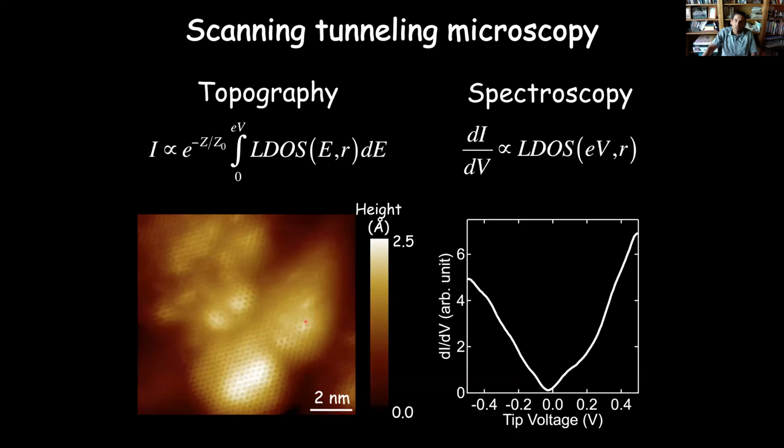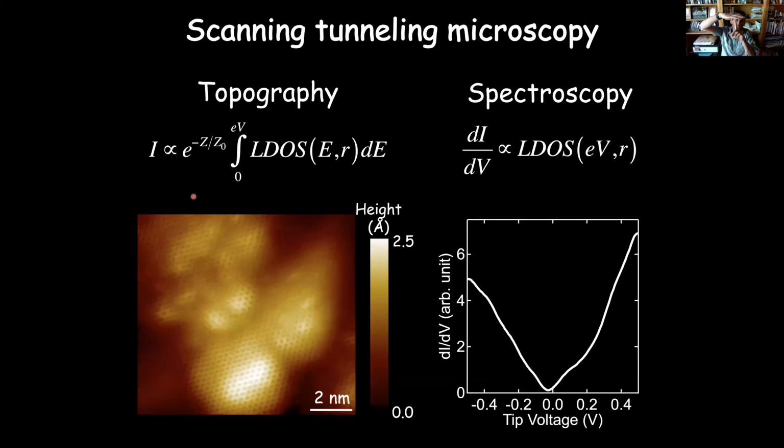And so the STM can operate in 2 different modes. The first mode is a topographic mode. So in this mode, we are using a tunnel current with a feedback circuit where we keep this tunnel current fixed, and we're scanning over the sample. So we have our sample, we have our tip, and we're scanning over, keeping the tunnel current fixed. Because the tunnel current is exponentially sensitive to the separation Z between the tip and the sample, that gives us a very high resolution image of the atomic structure in the sample.